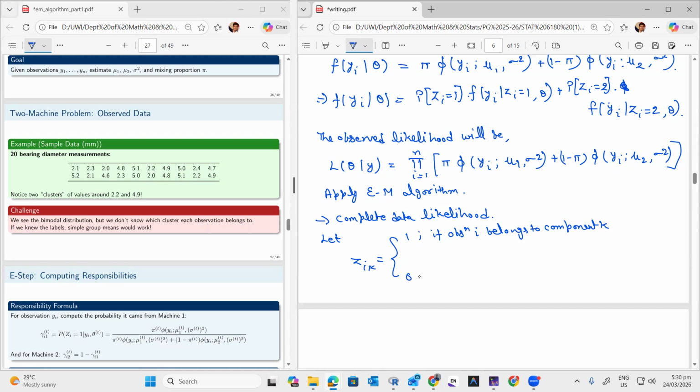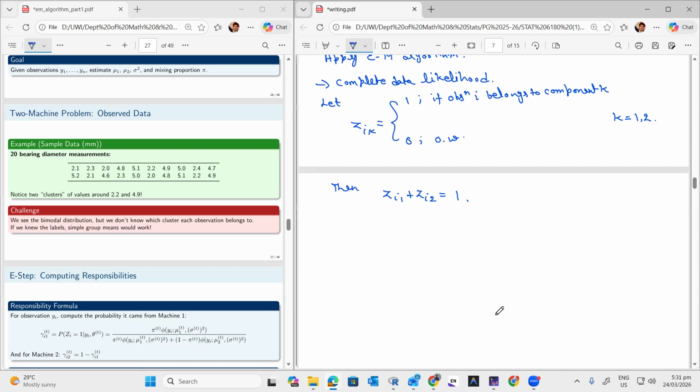Okay, and 0 otherwise. Here k is equal to 1 to 2, and the zi1 plus zi2 that we are introducing will be equal to 1. In that case, the complete data likelihood for one observation will be